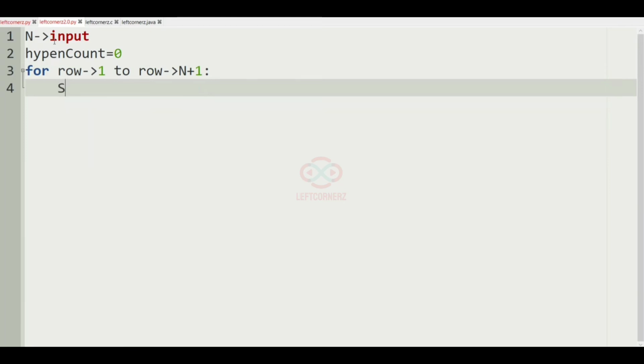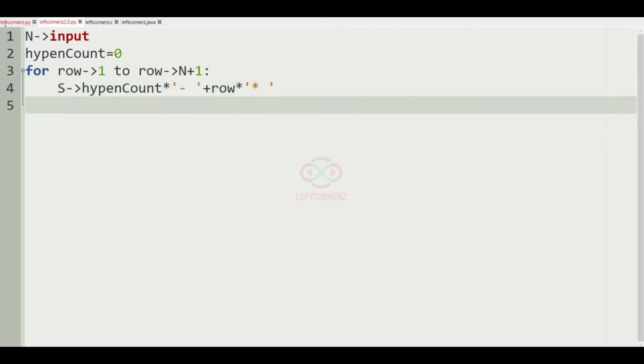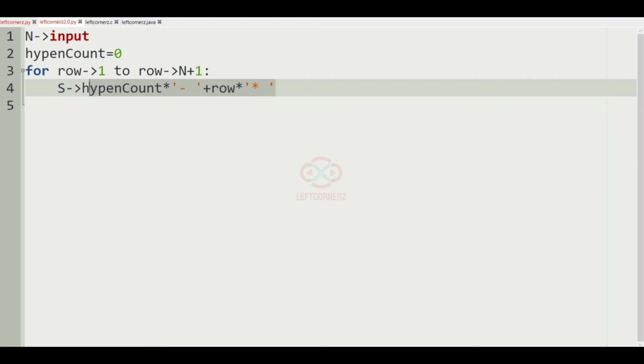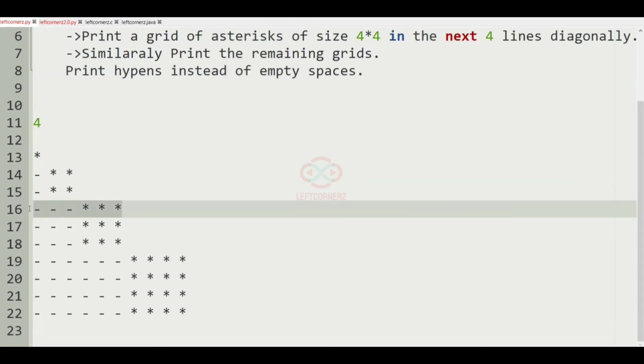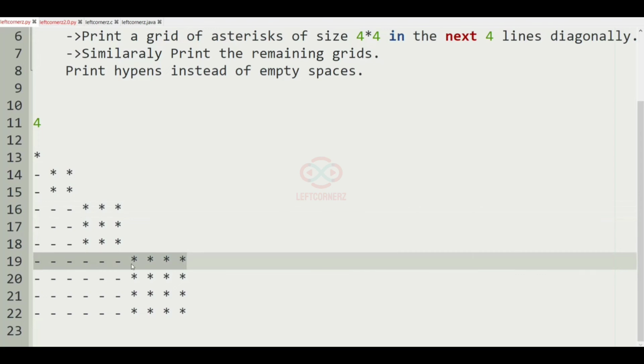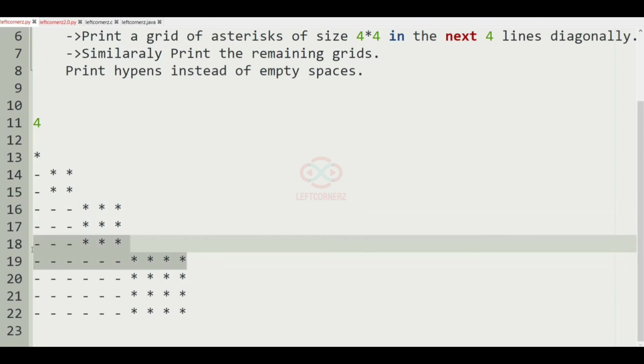So we're iterating through each row, and we'll have s as hyphen count into hyphen plus row into asterisk. So this line will give us these outputs. It will be stored in the string s,